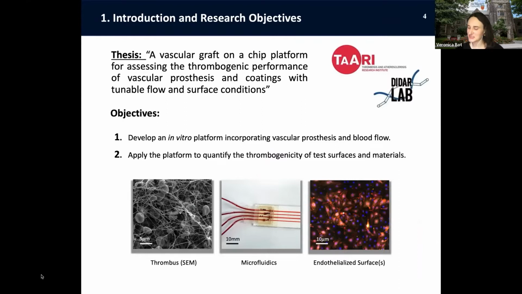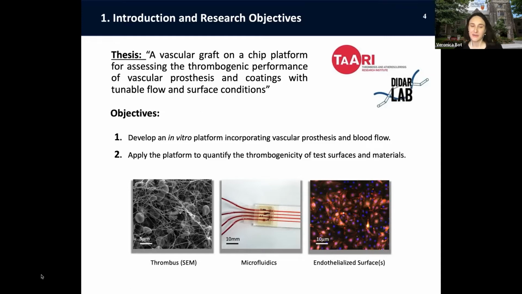And I was given this challenging objective, which was really, we want to create a testing microenvironment at the benchtop that allows us to study body implant interaction in a physiological-like testing scenario, which is very difficult to achieve in vitro, especially if blood flow, for example, is an integral part of that environment. So I had to develop a platform that incorporated vascular prosthetics, so heart valve, vascular graft, vascular stent with blood flow. I did this with microfluidics, as you'll see later on in this presentation.